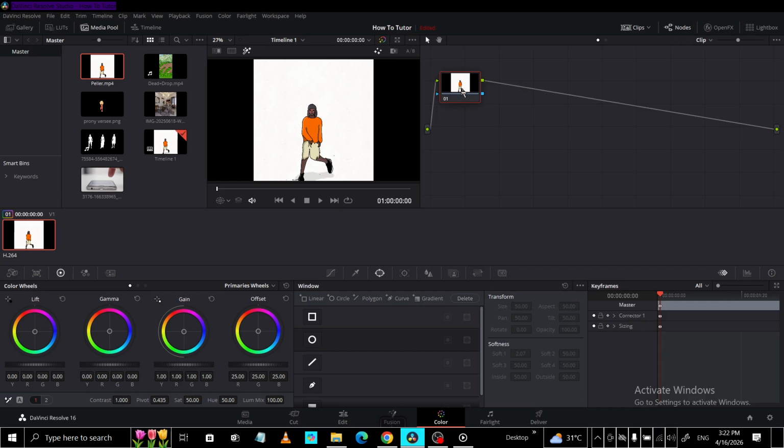Once you're on the color page, the next step is to add a new serial node. Nodes in DaVinci Resolve are like layers in photo editing software. They allow you to stack and organize your color adjustments. A serial node will help keep your adjustments clear and manageable, offering a non-destructive way to experiment and refine your